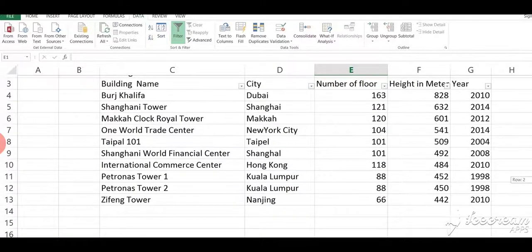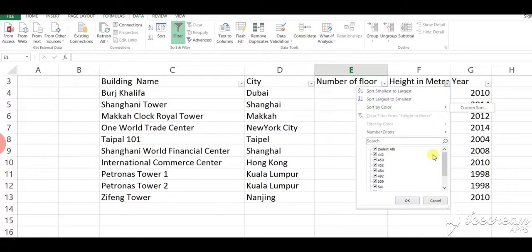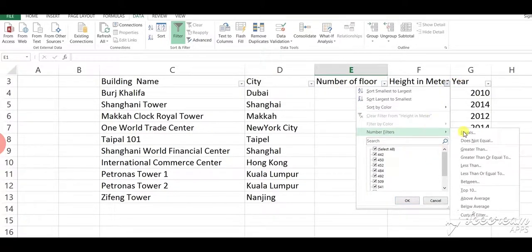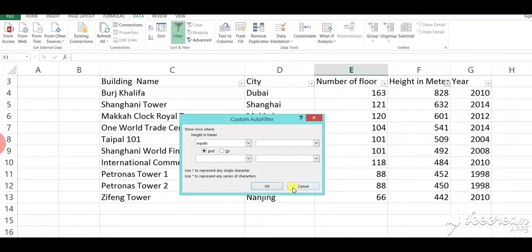See, again click on this, then number filters option, then select the last option, custom filter, then the custom auto filter dialog box is available there.